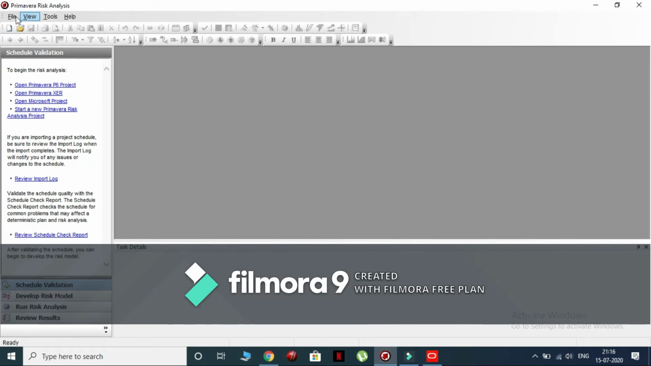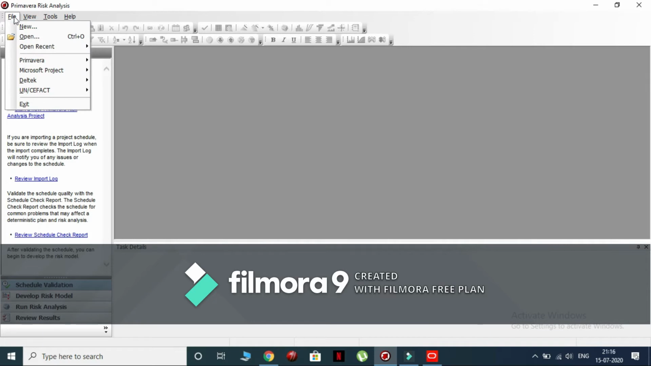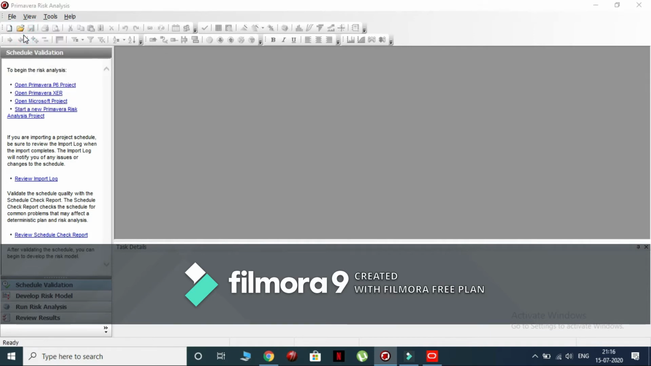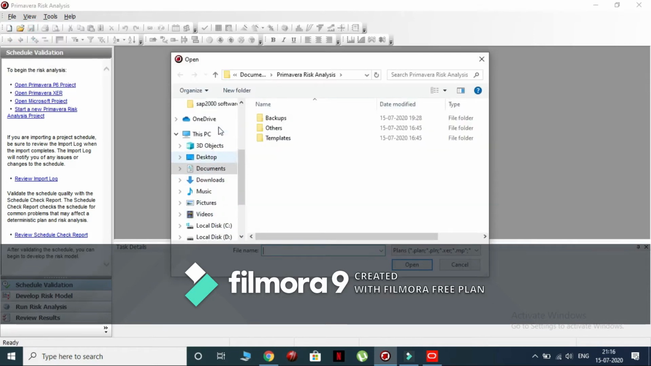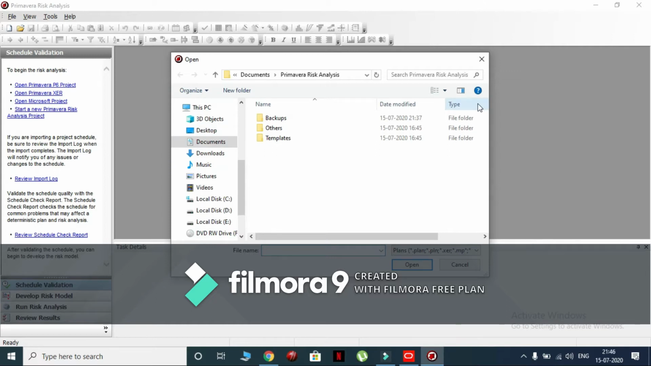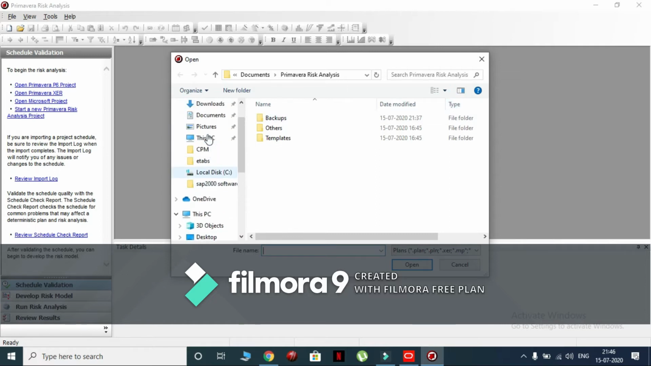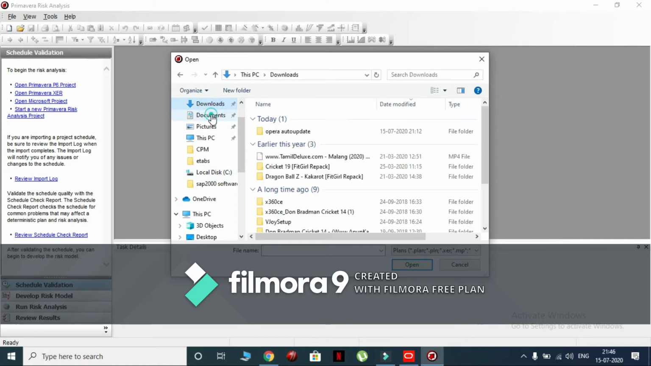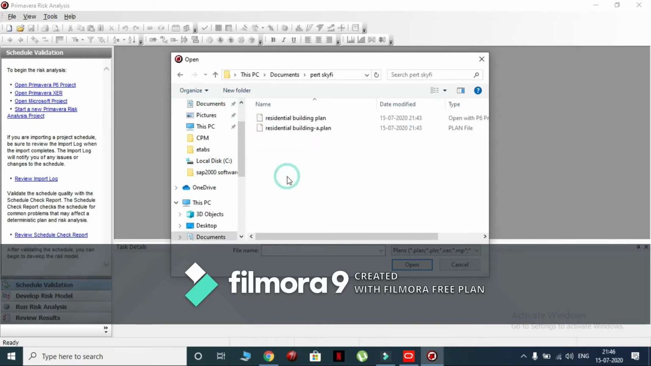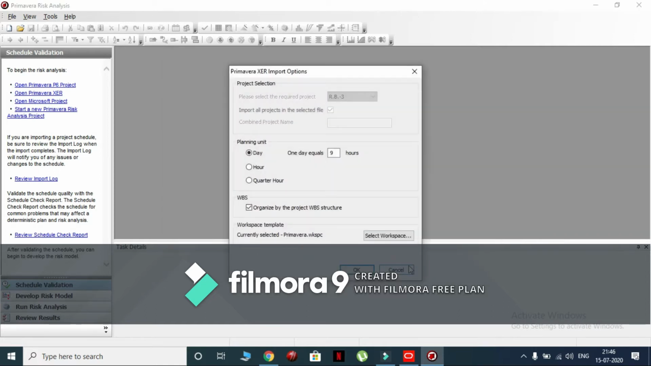Go to the file menu and select the open option. In this window, find the project file that we have exported from the Primavera software and click on the open option. A notification will appear displaying the Primavera XER import options. In this case, the day option is selected